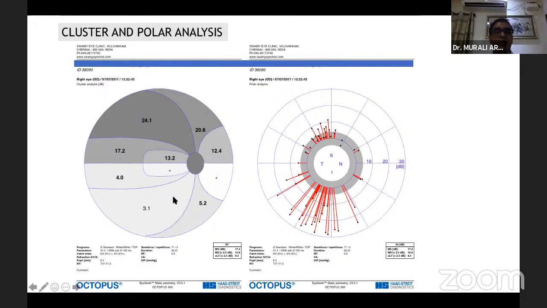and depending on the color coding, the bold and the plus or minus sign, the printout color, you can actually decide what is the p-value of the MD generated from a cluster MD. A cluster MD is generated from these clusters, and this actually corresponds to the arcuate areas in glaucoma, which we all know. And the polar diagram will correlate to the sensitivity loss, and the longer the red line, the more expected the deviation would be. And this would correlate to the structure, the loss of RNFL and the cupping in the optic disc and so on.